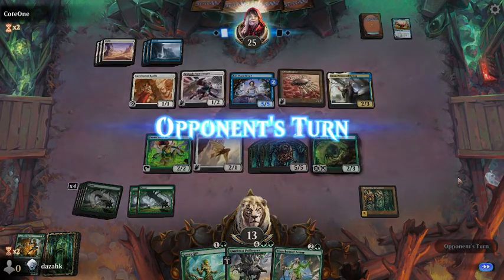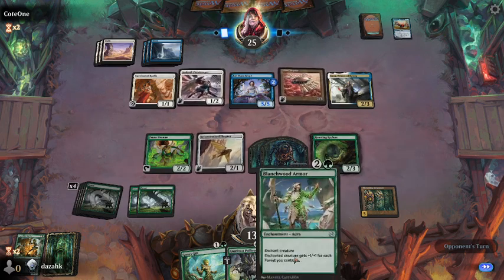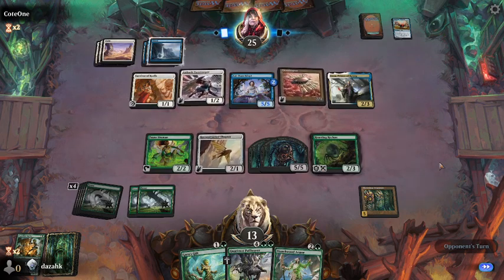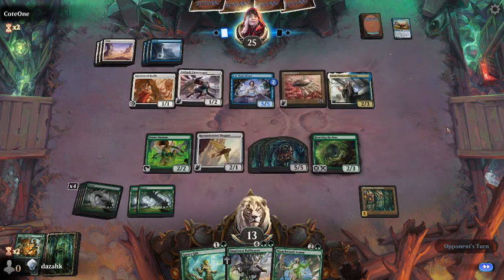Right. I think Blanchwood Armor is going to be better when I have my 7th forest, so I can do that and use Processor. Processor does not defend against flyers, and this does defend against flyers, so...